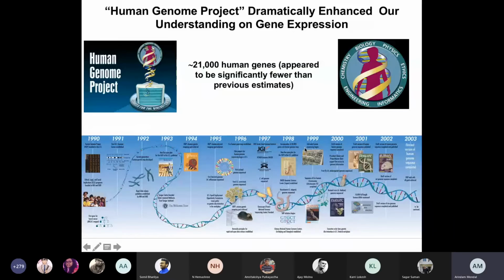Okay, so the project was named the Human Genome Project because we wanted to know the information embedded within the human genome. And it was made possible just after Sanger sequencing had been developed. Sanger sequencing was developed back in the 1980s, but it used to be really laborious. Then during the 1990s, automated sequencing came up, and that was the right time to initiate this project, to see whether we could know the sequence of the entire human genome.